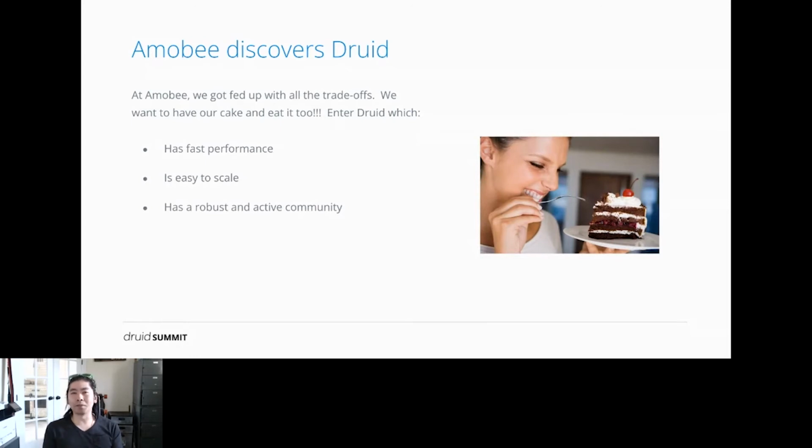The other thing that I liked about Druid, as I discovered, was the community. It's very active. At the time, we were starting our POC on version 0.16, so the Druid forum wasn't there yet, but I noticed that they had a Slack group. And when I joined the Slack group and asked questions, my questions were getting answered, some within an hour, but definitely within 24 hours. So it's a very active community, very supportive, and I really appreciated that.